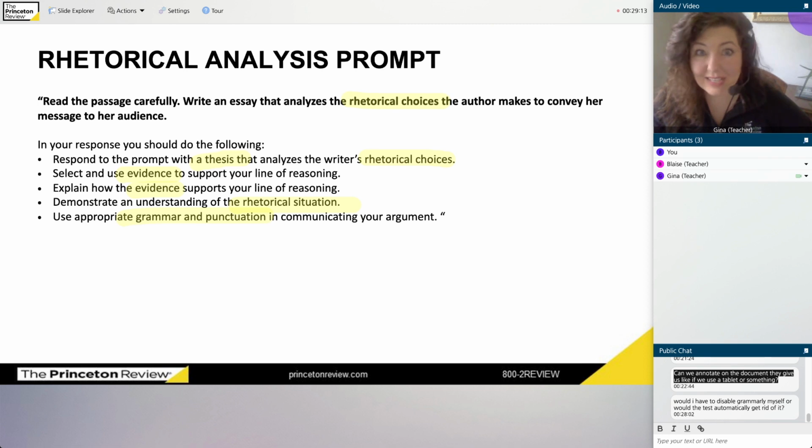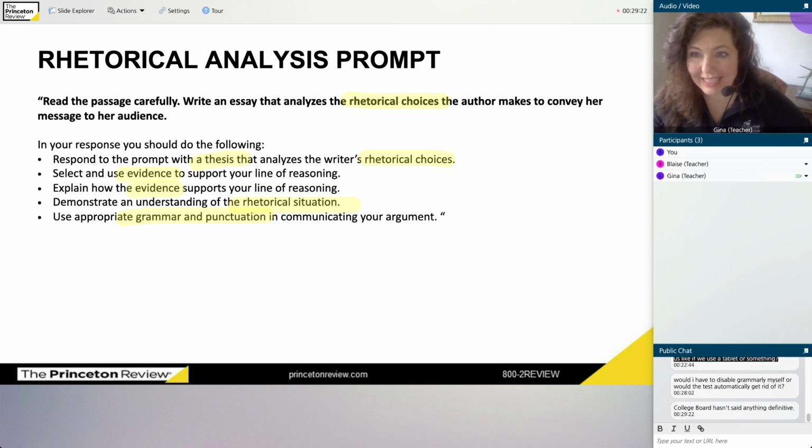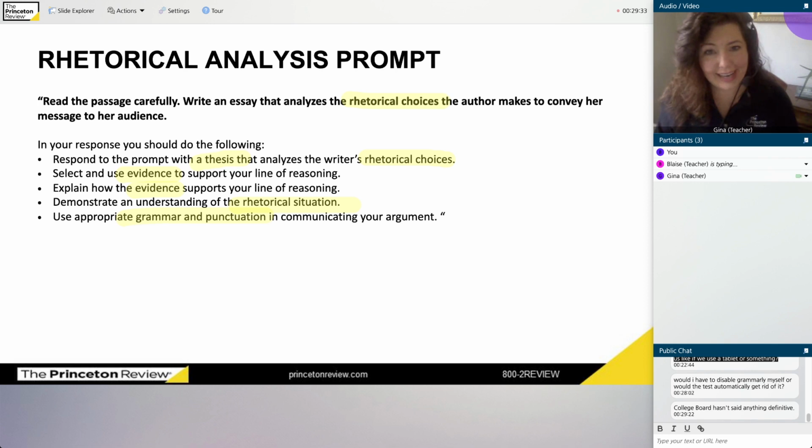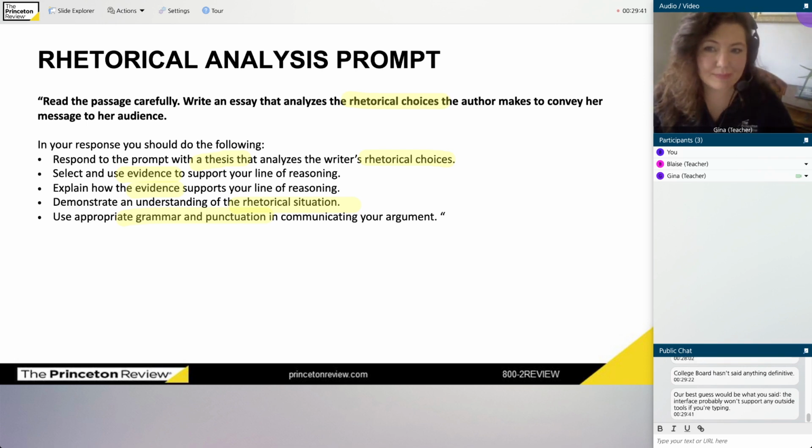I don't know if Blaze knows the answer to that, but a lot of these things are new, right? Because we've never done an online AP before. So that's another good one that I'll have to write down and get back to you. They haven't said anything definitive. Yeah. So, what we'll say to whoever asked that, my basic advice is don't disable anything unless they tell you to, right? I mean, do whatever you want as long as it's not breaking the rules. And as far as I know, they haven't created a rule about that yet. That's a good one. Yeah, I would guess the interface is going to cut those things off and not allow them. That's my guess. But we may not know until we get to test day. So a lot of these things are unknown.